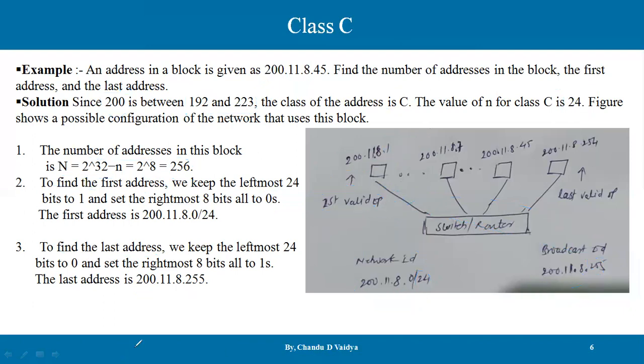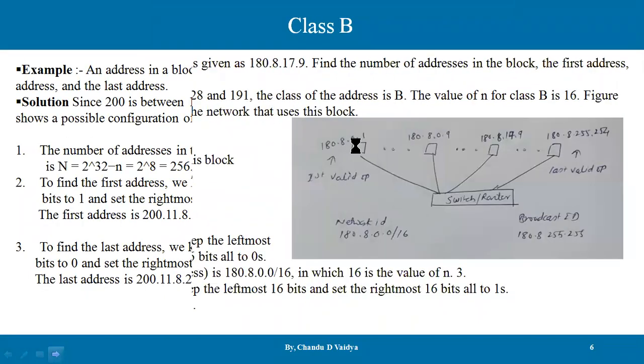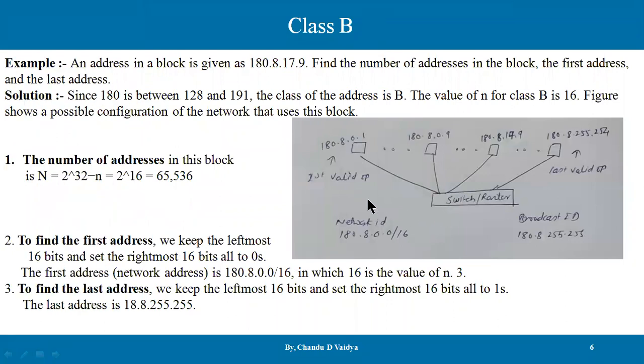And if you go with the earlier mechanism, let's say class B is concerned, what is going to happen? The last octet will go 0 to 255. This block will be over, and after that the next will start from 1.0 to 1.255. So this is for the last octet, and this is for the second-last octet. In this way, we can calculate two-level IP addressing, guys. I hope this video is understood by you. Thank you so much.